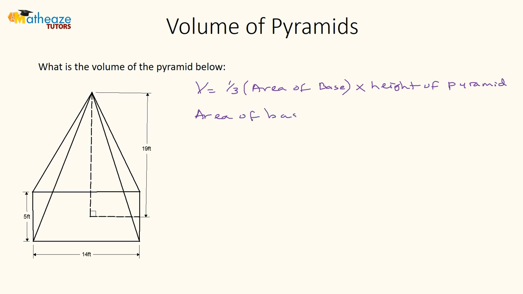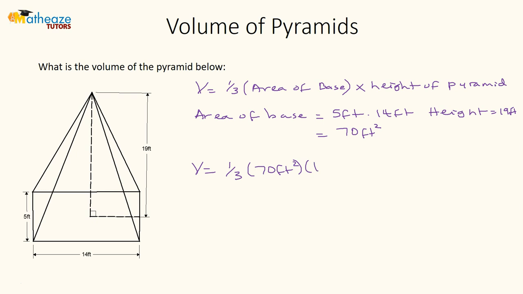Area of base is 5 feet multiplied by 14 feet. This is going to give us 70 square feet. And then the height is 19 feet. So the volume of this pyramid is 1/3 of 70 square feet multiplied by 19 feet, which